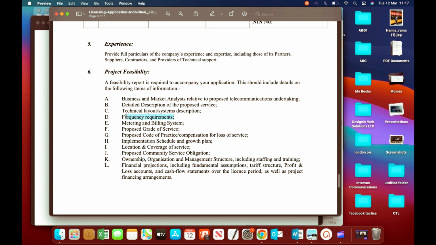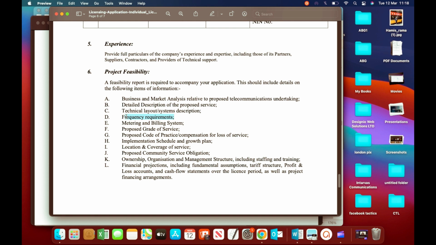Probably you might need the guidance of your lawyer in drafting this, because after you get the license, I think you have to publish the code of practice that you sent to NCC 2 or 3 months after you start your service. That's very compulsory. And you have to place it in a visible place at the entrance of your office or your stores or whatever outlet you are using.